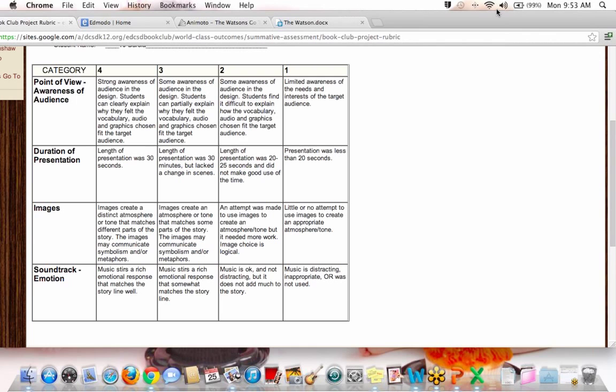Well, if I put it in any of these categories, I would put it a 4, 3, 3, 4. Oh, okay. So he's actually giving you a score. But okay, well, fantastic. I actually think that she definitely got a 4 in the images category, because she communicated some symbolism as well as important images from the book.